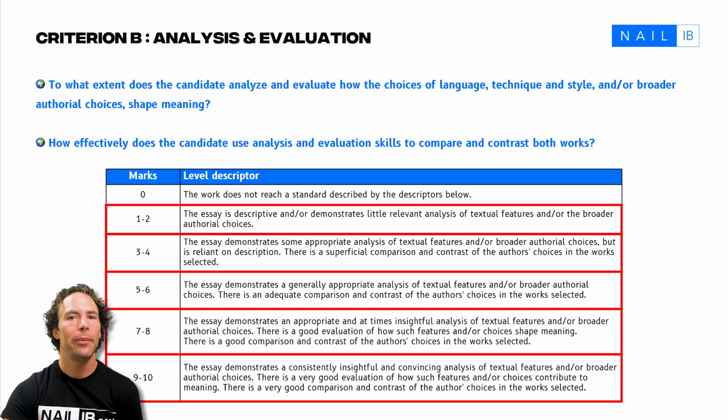Level 4 of Criterion B is where we're hitting that point of a commendable level of proficiency. It's the higher end of the boundaries. It's not the top level, so it's not perfect, but it's nearly there. So to plan with more understanding, with more practice, with more guidance, we will get you from here into the last section. This section shows that we have given a thorough analysis of the text language, the technique and style,